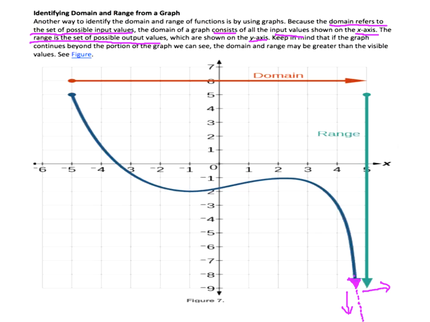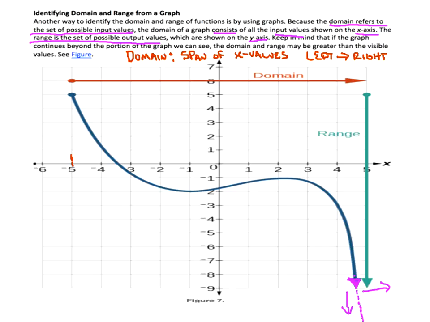Okay, so the domain, and I'm going to use the same colors that they have in the example here. My domain is basically, when you're talking about a graph, it's the span of your x values. So you always look at this from left to right, your domain is looked at from left to right. Range is different. We'll talk about that in just a moment.